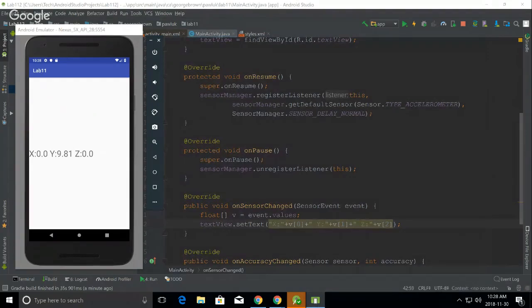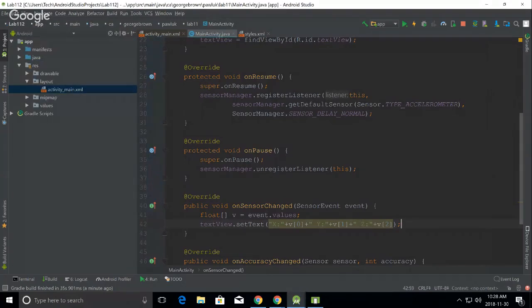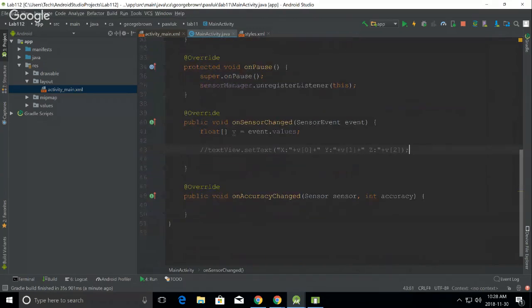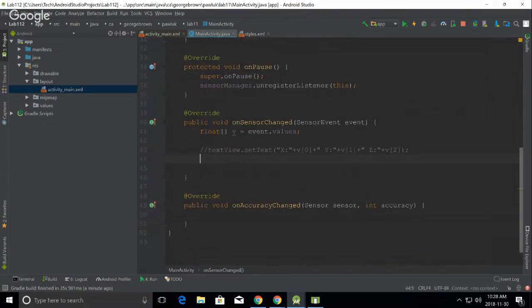We can do something more. So instead of just showing the values, let's detect the situation when a user is shaking the device, right? So instead of doing this, let's calculate something. And one of the measures that can be used is the square root of the acceleration, right? So that will be a float. Square root is equal to